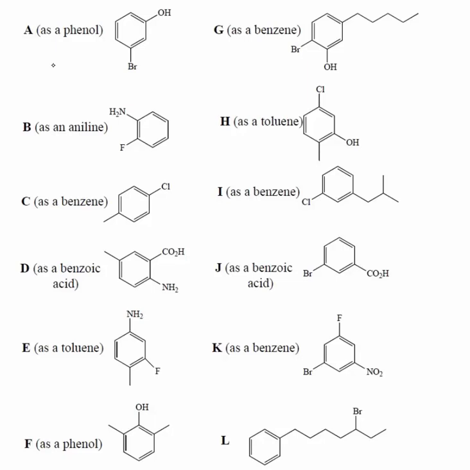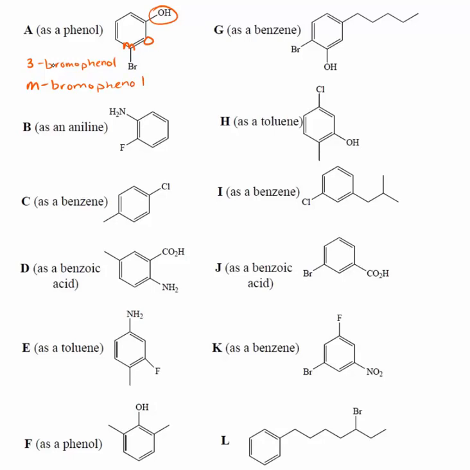A, if we're going to name this as a phenol, that means this substituent is already taken care of, and that locks this as carbon 1. So I number around the ring to reduce the number of our next substituent, so this is a 3-bromophenol. Now we can also name this with the ortho-meta-para convention, and this is the meta position, so this would be